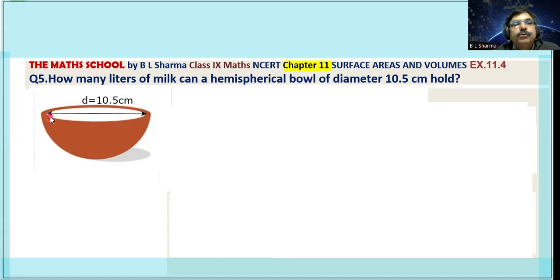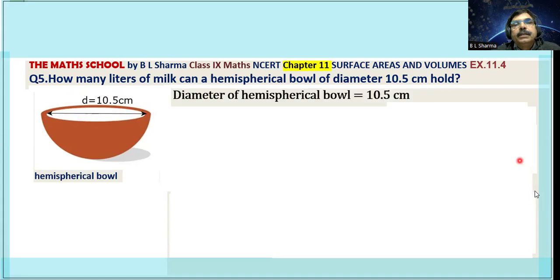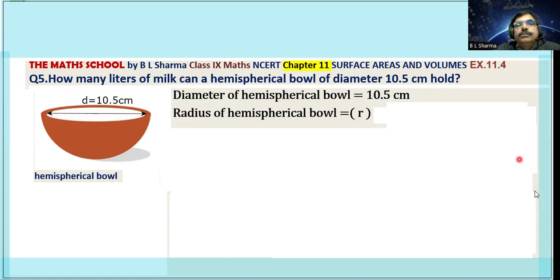10.5 centimeter. So we have to take here to here only, this portion. Its diameter is 10.5 centimeter, and this is a hemispherical bowl. So the diameter is given, that is 10.5 centimeter. So its radius will be half of it. So the radius of the bowl will be R, that is 10.5 upon 2,